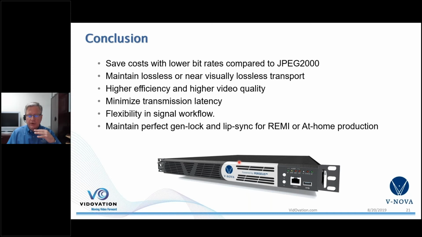You have those 8 unidirectional I/O ports, and then the ability to maintain gen lock and perfect lip sync across all of these cameras. We bring these cameras home to a centralized location. If they're all out of sync, then we're going to need 8 frame syncs and standards converters, etc. We want everything to come through. If it's a live show in particular, we can't fix video synchronization and lip sync problems in post-production. This is a live show. So the Perseus and the P.Link maintain all of that.